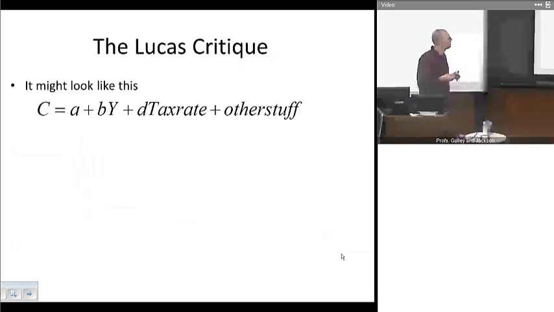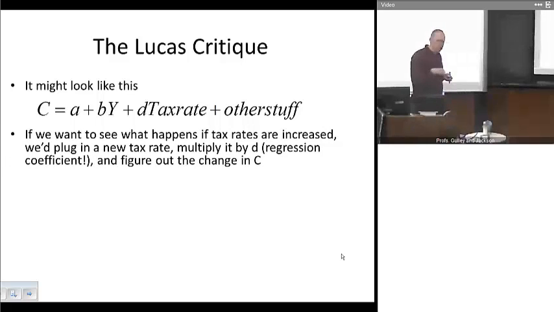And so we'd end up maybe with something along these lines. Now, again, I'm certainly simplifying here, and so we'd have consumption as a function of, for example, income, capital Y, the tax rate, and various other things, such as interest rates, wealth, liquidity constraints, and a whole variety of other factors. And so you gather all this data, and you estimate the statistical model. And suppose that you want to see, well, what happens if we increase the tax rate? Well, you plug in the new higher tax rate into your regression model, multiply it by your regression coefficient, little d, and then you figure out the change in aggregate consumption. So it seems like a pretty straightforward way to do things here.